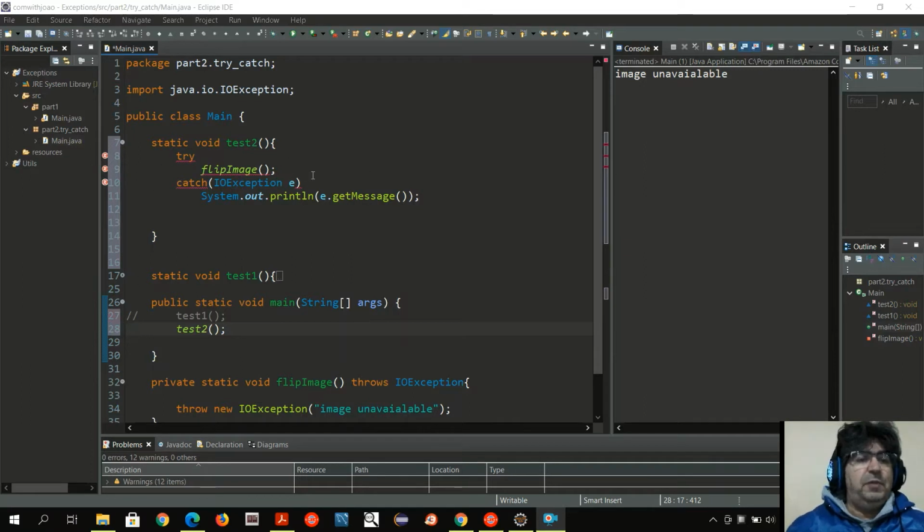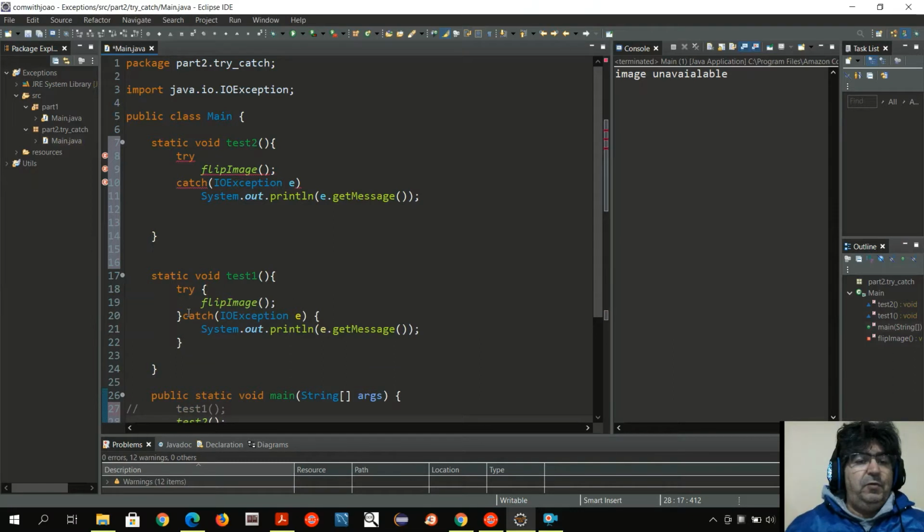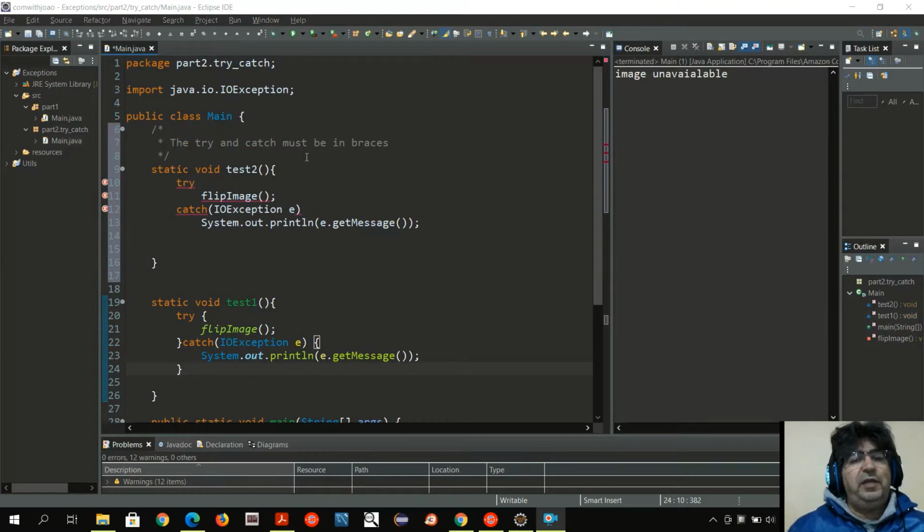But I've got a problem here. You see, I'm getting errors. The issue here is, if you look at the previous one, they are in code blocks. The try is in a code block and the catch is in a code block. So one of the rules of the try catch is that it must be in a code block. Otherwise that would throw a compiler error. So the try and catch must be in braces. Even if I did this,